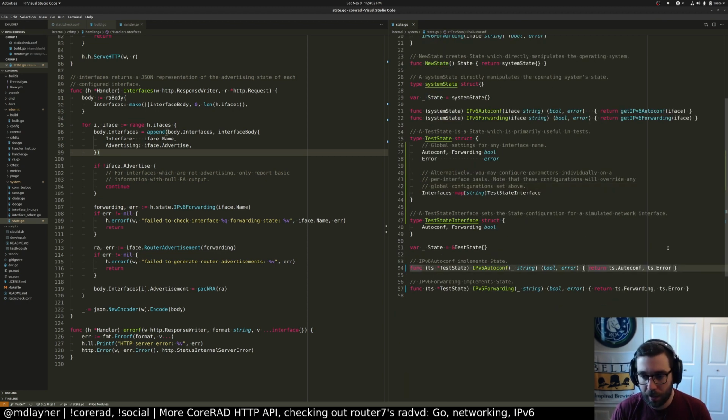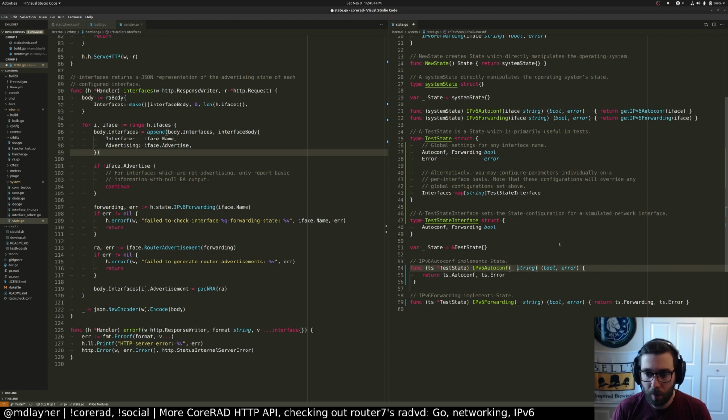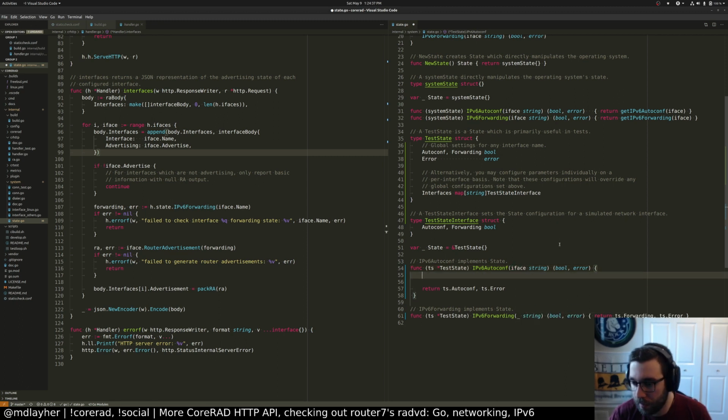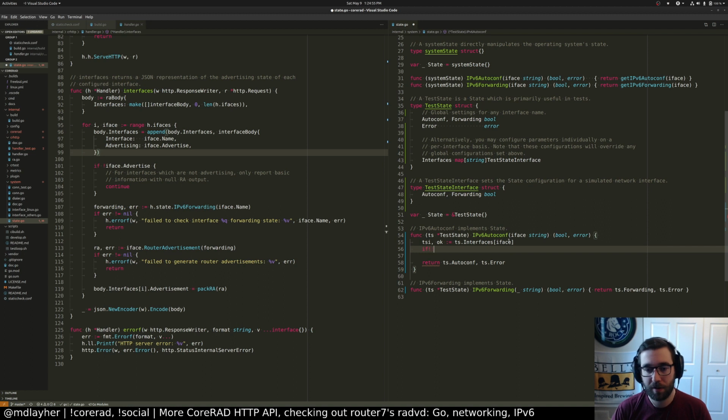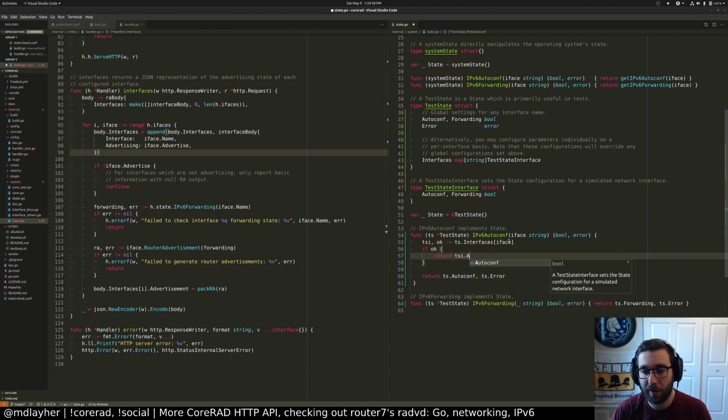So what we'll do now is take the name of a network interface, and we are going to check for it in the map. So TSI for test state interface, okay. That is going to be TS interfaces iface. And if there are settings found for it, so if okay, we're going to return TSI autoconf and nil error. Or TS error. I guess we could return TS error, but because we don't parameterize the error per interface,